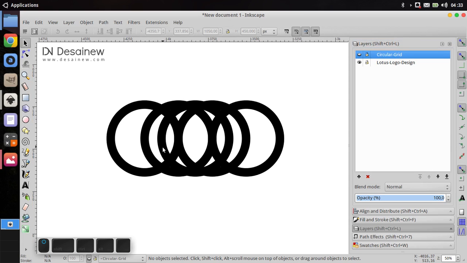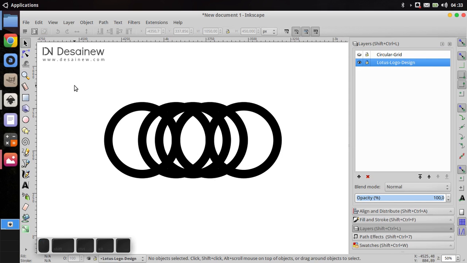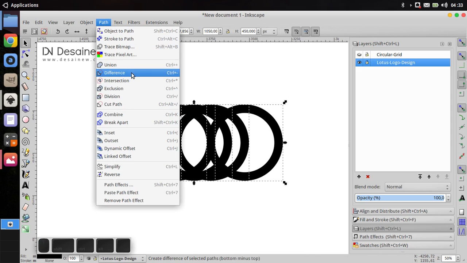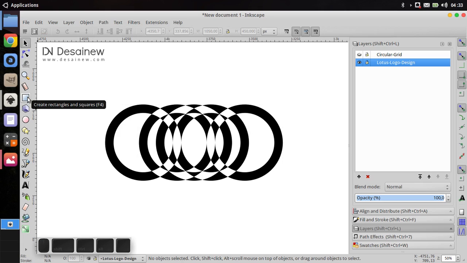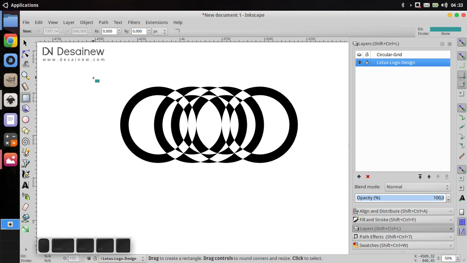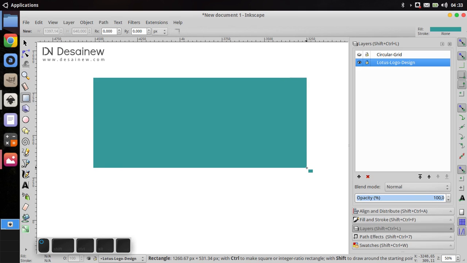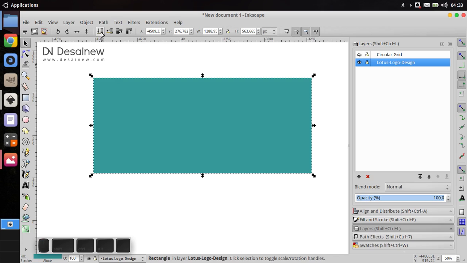Okay, click the Lotus logo design layer and select all of the objects, and choose path and choose exclusion like this, and then we create a box object until it covers the circular objects like this, and click the icon lower selection to bottom.